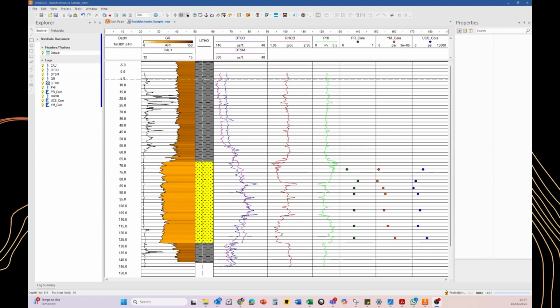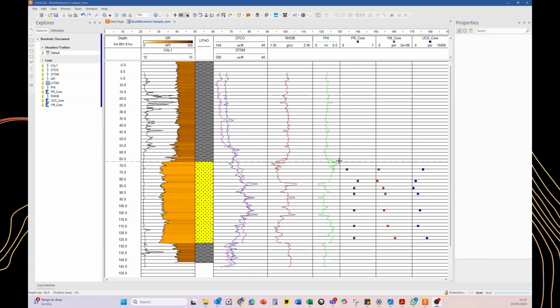And we have a lithology column that is based on the gamma ray using a simple threshold. It separates the shale from the sandy package, which is the main target. The purpose of this demo is to show the geomechanics workspace can calculate the Poisson ratios, the Young's modulus, and the UCS, as well as other rock mechanical parameters.